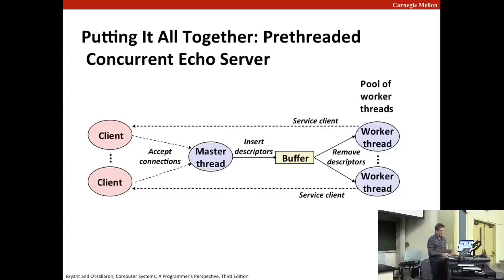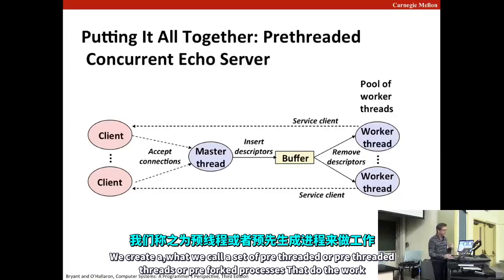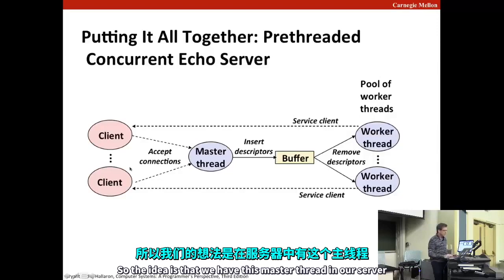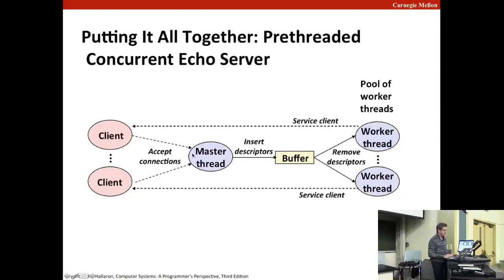Instead of creating processes and threads on demand, we create a set of pre-threaded threads or pre-forked processes that do the work. So the idea is that we have a master thread in our server that's waiting for connection requests from clients